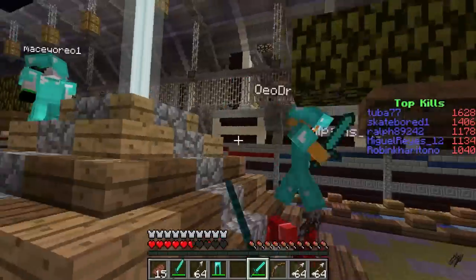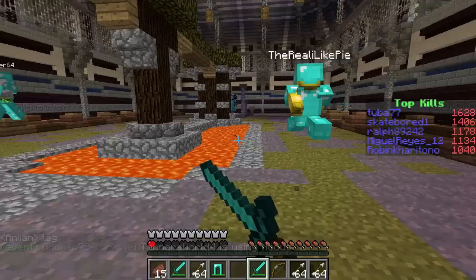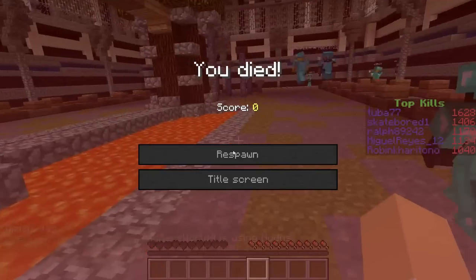That guy looks pretty low as well. He's 1 shot as well. This guy's been targeting me. Let's try and get some hits on him. Oh, that guy's running away. Oh, I was going to